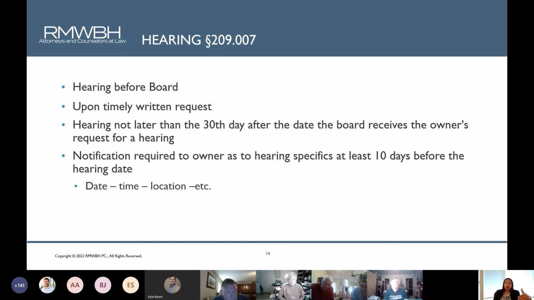If you don't end up cutting off common area usage for non-payment of assessments, even if you have the authority to do so, or if you don't have the authority to do so, then none of this really applies. You don't have to give this hearing notice. A lot of our associations still do. I will tell you that probably an account goes to litigation and the judge has to talk to us about what was done during the collections process.